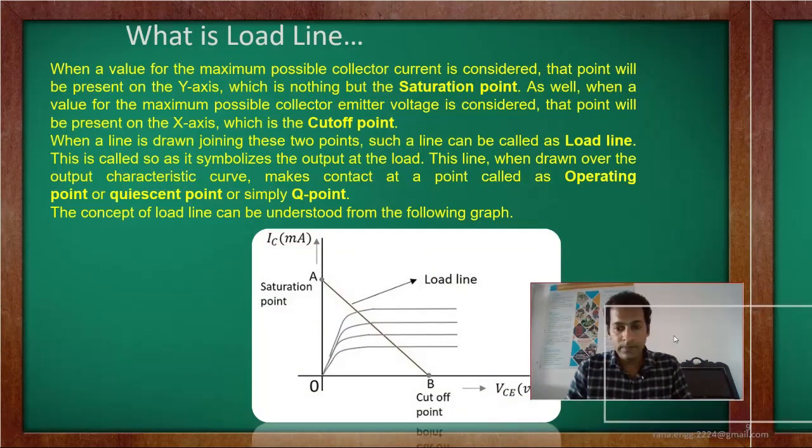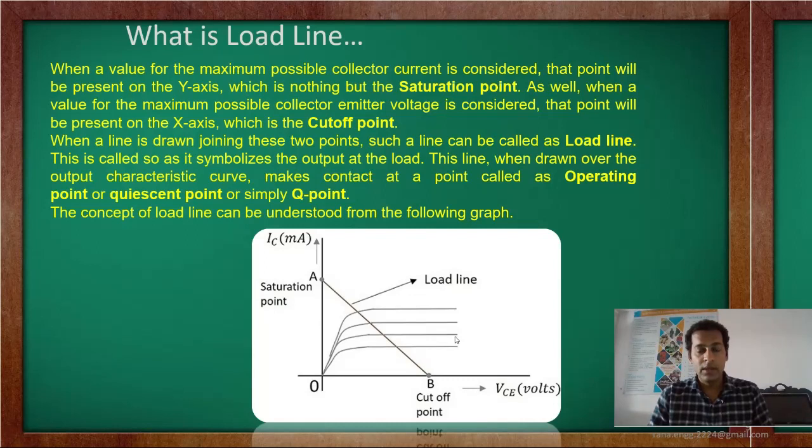So this one is the DC load line. We have to get a maximum point on the current axis, that is the vertical axis, and a maximum point on the voltage axis, that is the horizontal axis. So we have one saturation point and one cutoff point, and the line joining them is called the DC load line. On this DC load line, we have to fix one operating point, a Q point, or simply the quiescent point.